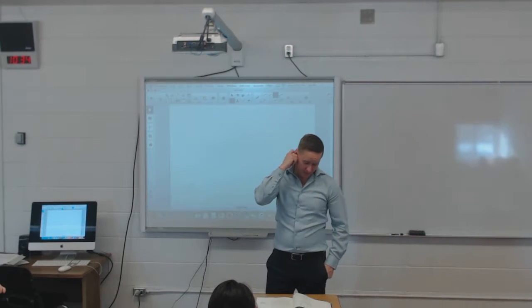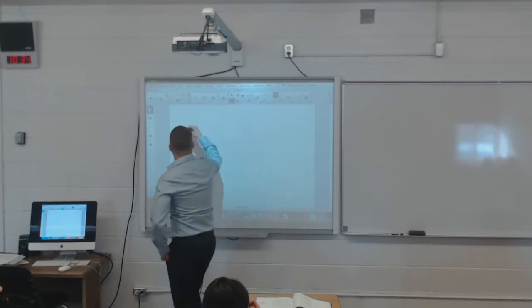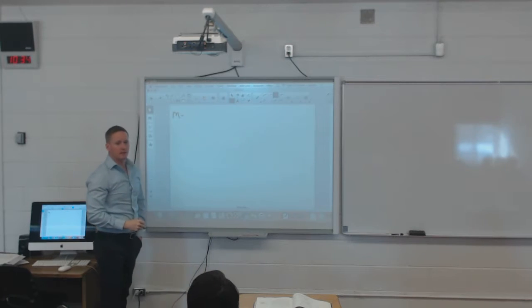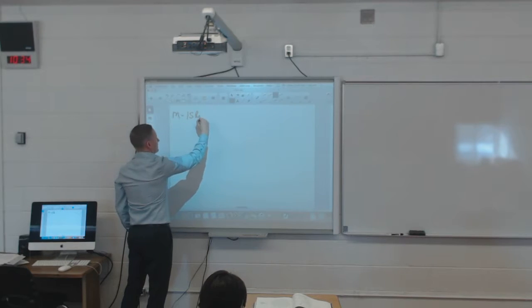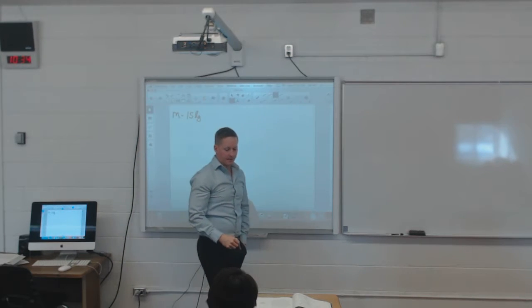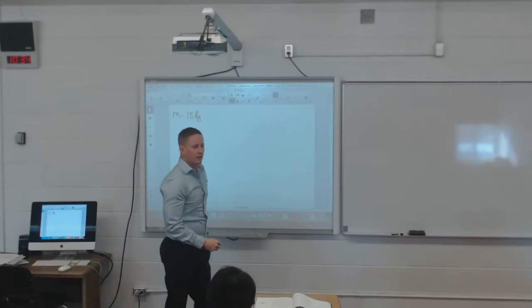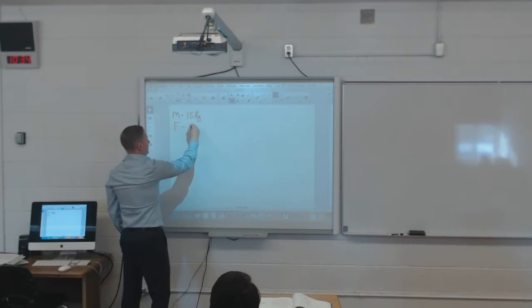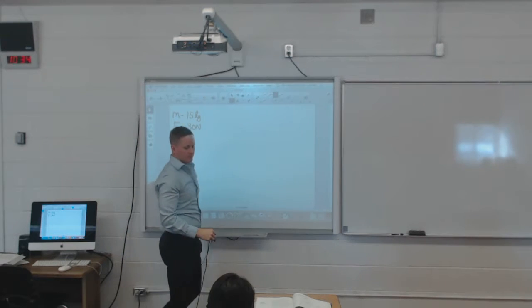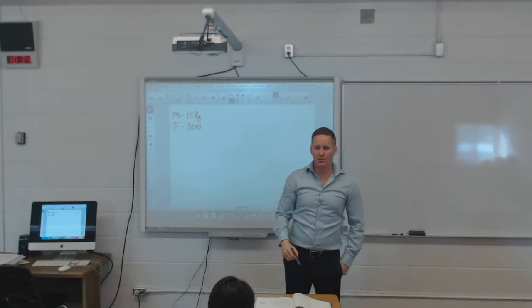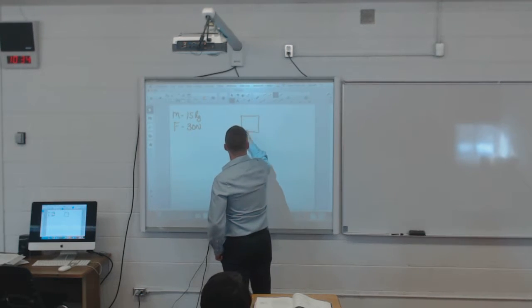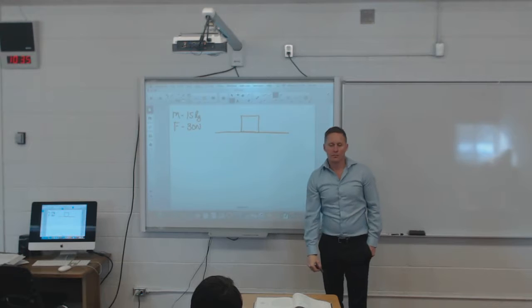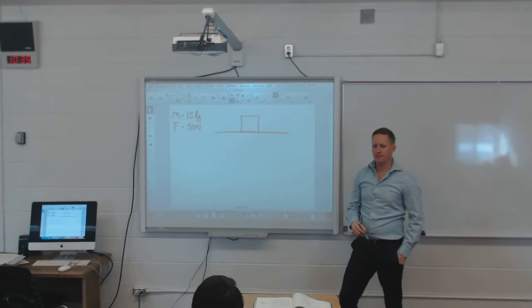Okay. So, an object with a mass of 15 kg. So we start this again. Just like in the first unit, we want to write out our given information. So I got a 15 kilogram mass, and it's sitting on a frictionless horizontal surface, and there's a force of 30 newtons acting upon it. That's a horizontal force. So I'm going to draw out my object, just like that. All right. What are the forces acting on it to begin with? Gravity.